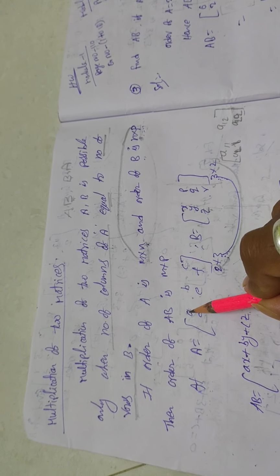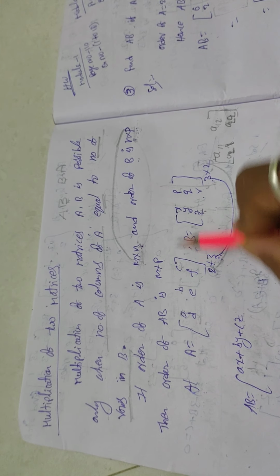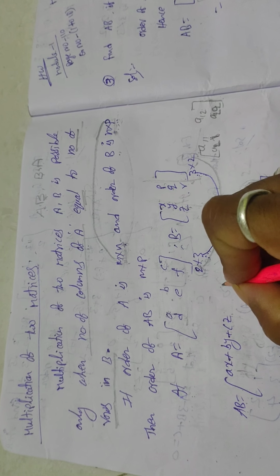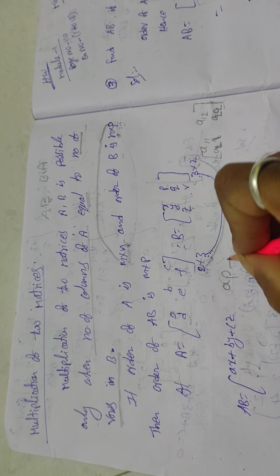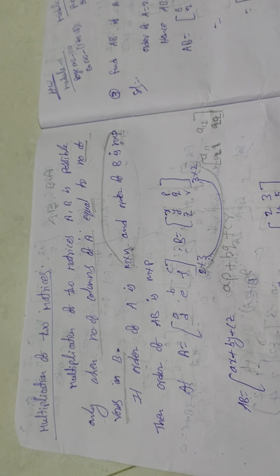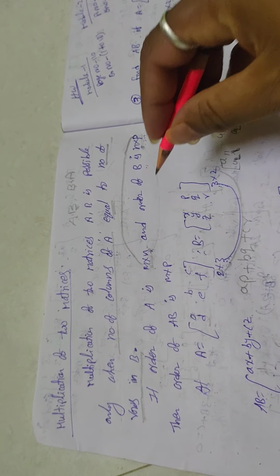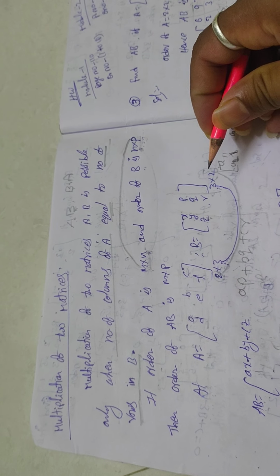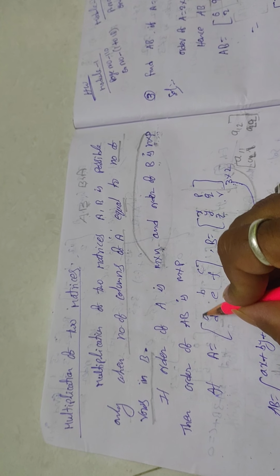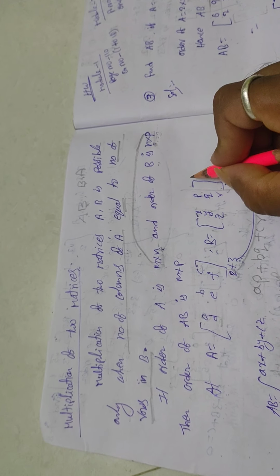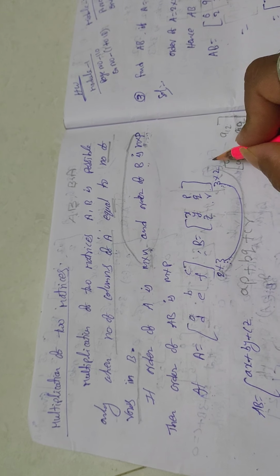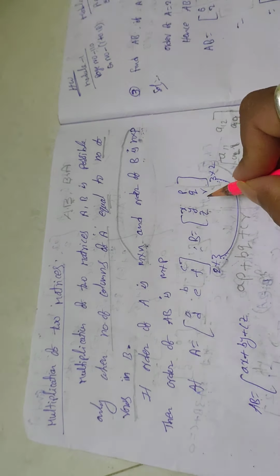Okay, that means the product is AP, BQ, CR. That means how can you write here? AP plus BQ plus CR. So this procedure is continued up to how many columns in the second matrix are there? Here only two columns. If you have one more column, then we have to continue the same A, B, C with third column elements. If you have a fourth column, A, B, C with fourth column elements, like that. So only two columns are there.